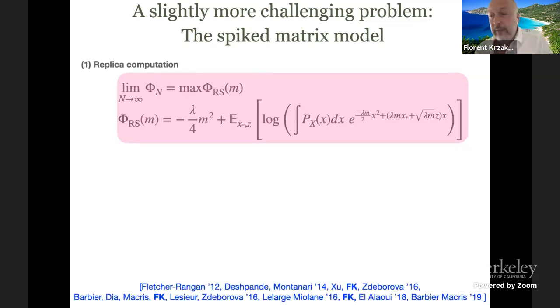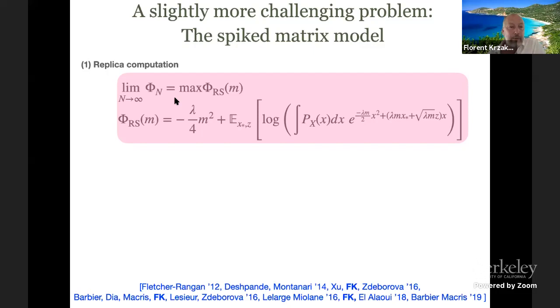All right, so if you repeat the exact same steps that I have shown you for the random Ising model, for that problem it's slightly more complicated, but not too much. This is what you find. First, you can repeat the replica computation, physics style, and it tells you that you can compute the free energy here, and the free energy tells you that you need to compute the maximum of the replica potential, and this is how it looks. All right, it's slightly more complicated. You have a two-dimensional integral and a three-dimensional one if you count this one. But all in all, it's still a very simple object.